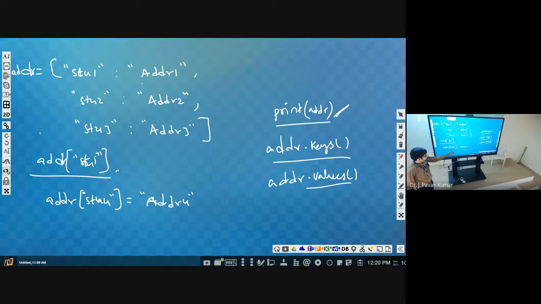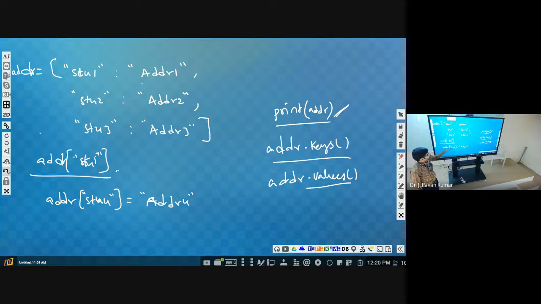Did we have student 4 earlier? No. Now we are creating it, and it will be appended. You need not append; directly giving this key and this value, it will be appended automatically. Now if you print address, it will print 4.